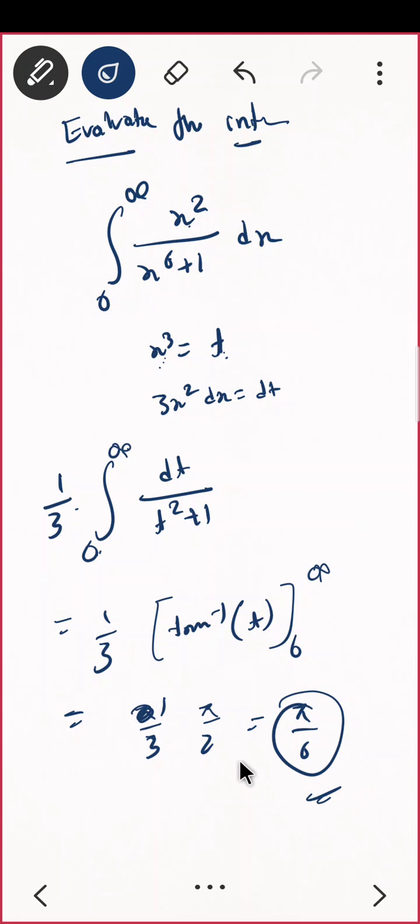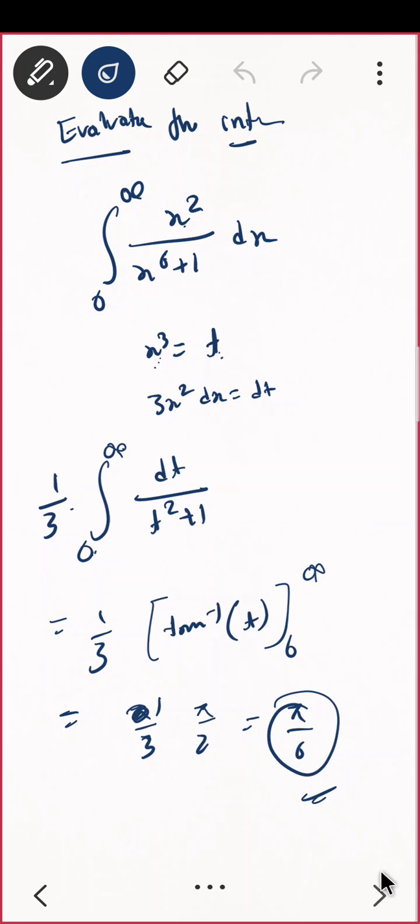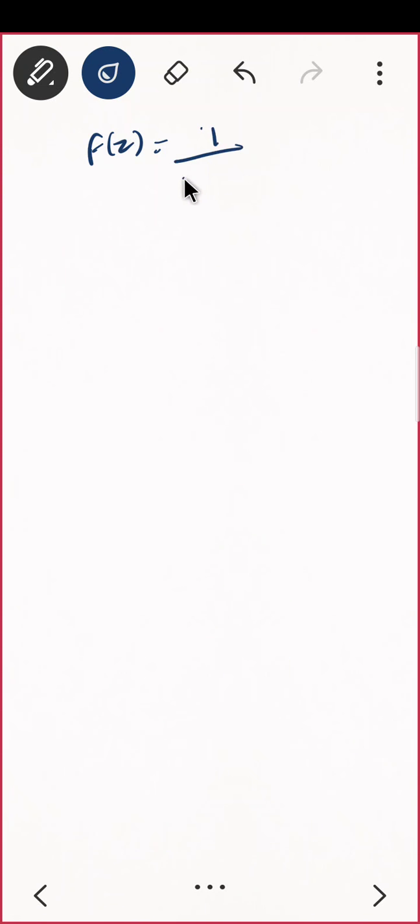We have solved it directly actually, without using the Cauchy residue theorem. But still, if you want to use the Cauchy residue theorem, what should you do? You should first write f of z. I would like to solve this one, so what is my f of z? 1 upon z square plus 1. What are the roots of this? Correct. z equal to i and z equal to minus i.